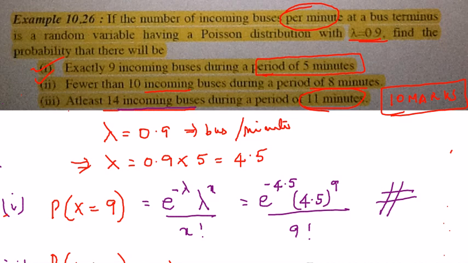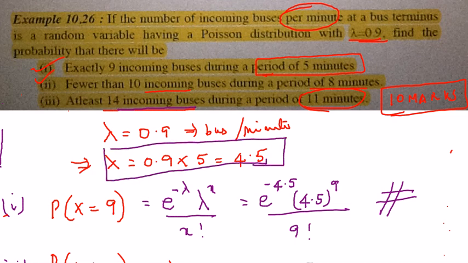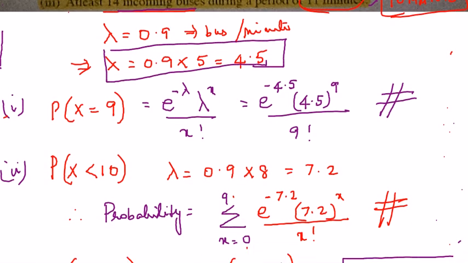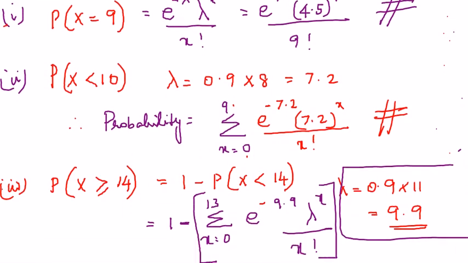So if you actually see, the sum is quite easy for 10 marks, right? If you know the formula, the one thing that you have to remember is to multiply this by the number of minutes given in each case, right? So if you remember that lambda given in the sum is for the number of buses coming in per minute, then for every instance, you keep multiplying by the number of minutes as asked in the question there, and then substitute the formula. It's very, very easy for 10 marks, so please don't miss this sum.